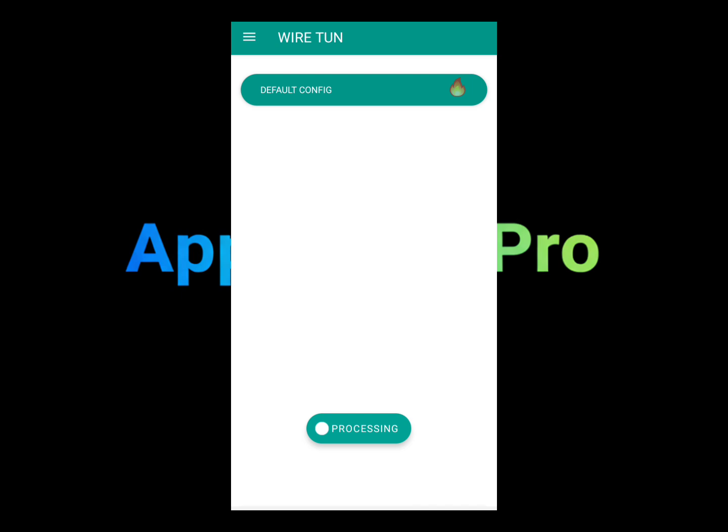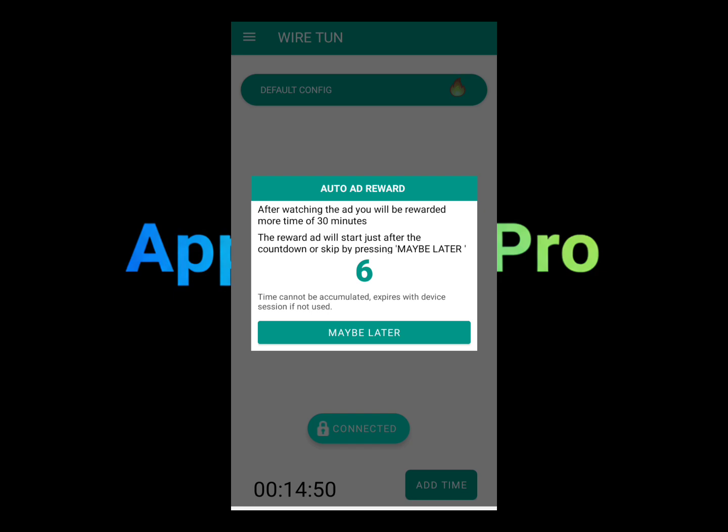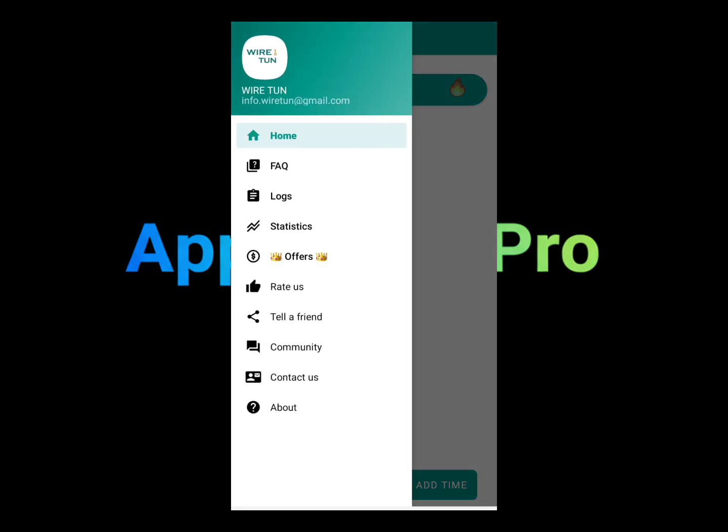Sometimes if your internet connection is giving problems, it won't connect. But once you're connected, you're pretty much good to go. So as well, they do offer a subscription as it relates to unlimited time. And here you'll be able to add connection time. So I currently only have 14 hours of connection time, and I'm going to need to add connection time to stay connected. Or if you don't want that, you can get their subscription, which they pretty much offer